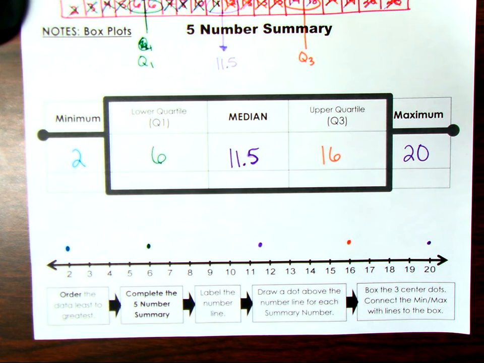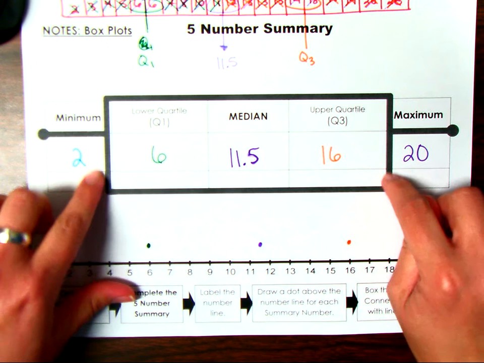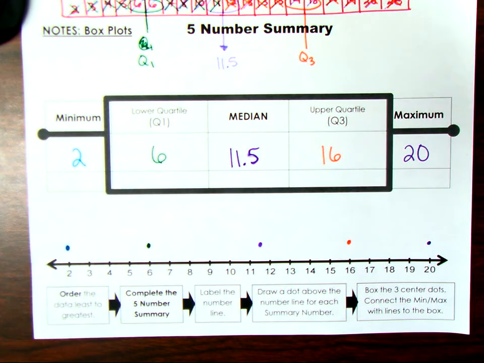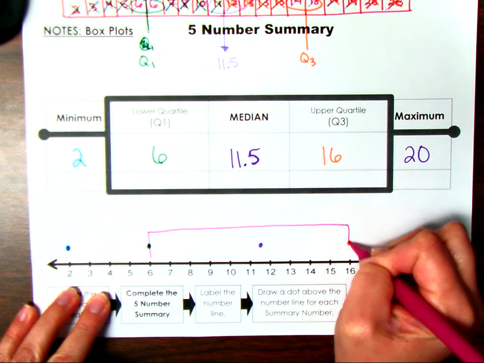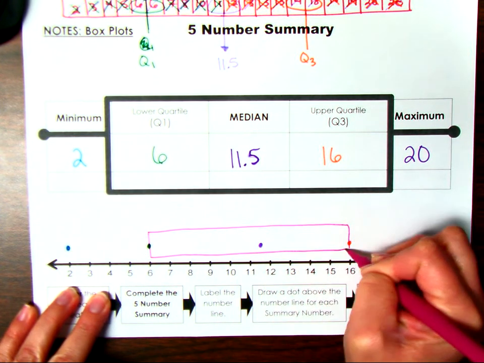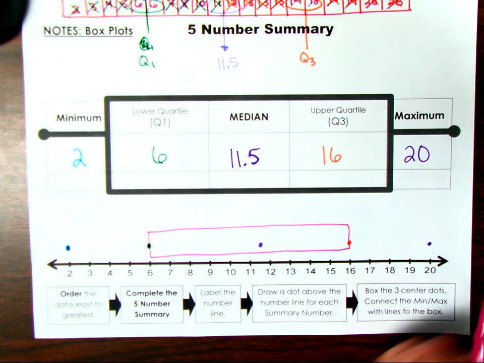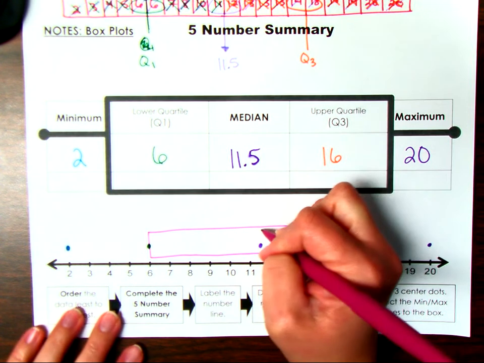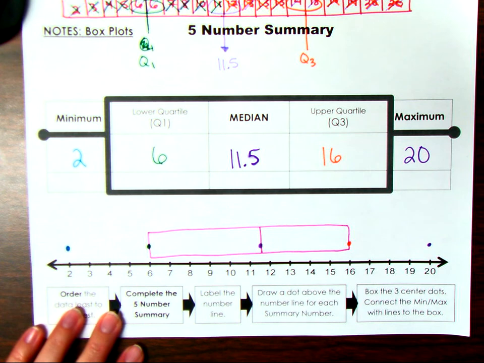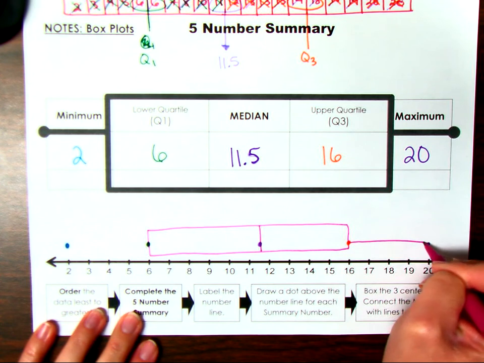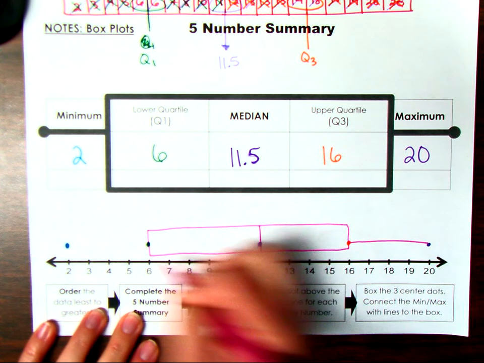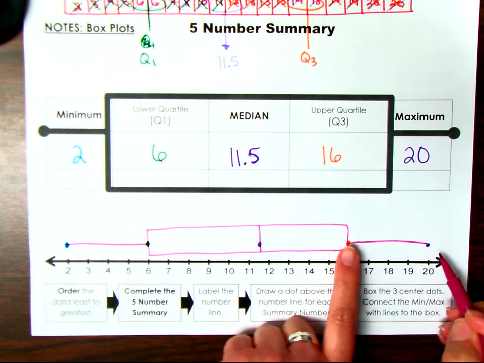All right, so here's what we're going to do. We're going to make a box plot. So the box is always going to go between quartile 1 and quartile 3. So 6 and 16. So I'm going to make my box plot like this. Okay? Then your median is always going to be represented in your box plot with a line through it. Okay? Then we're just going to draw our little lines from my minimum to quartile 1 and from quartile 3